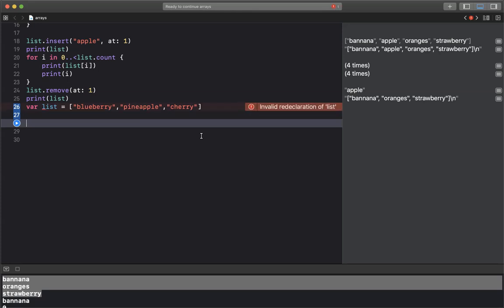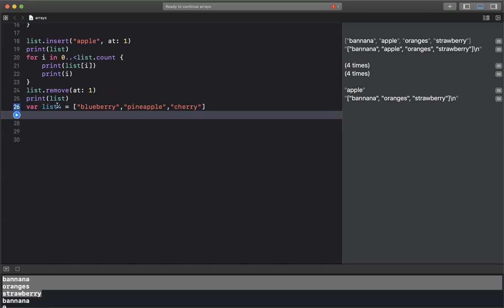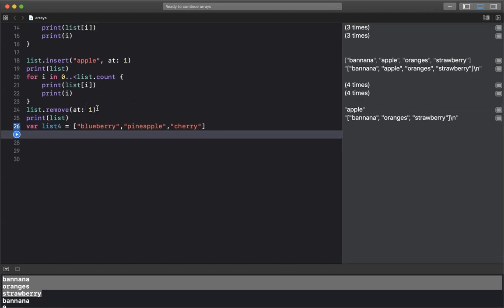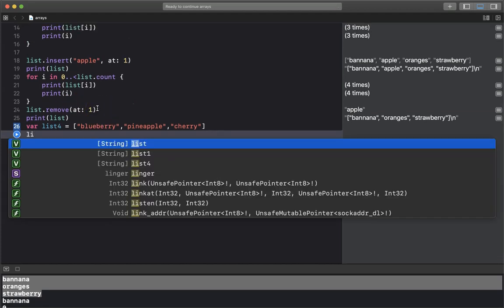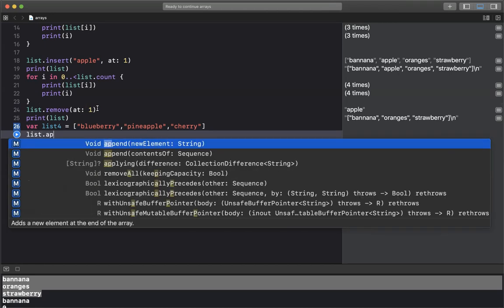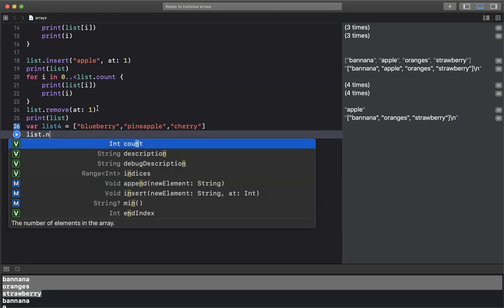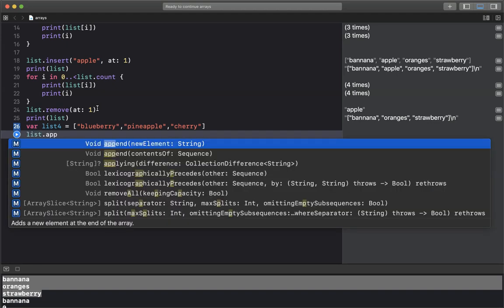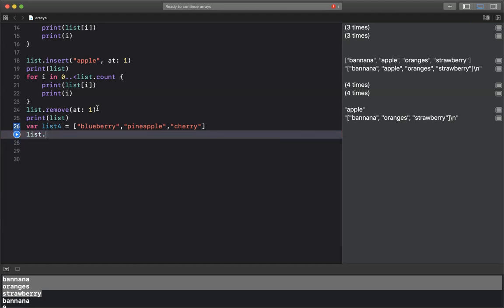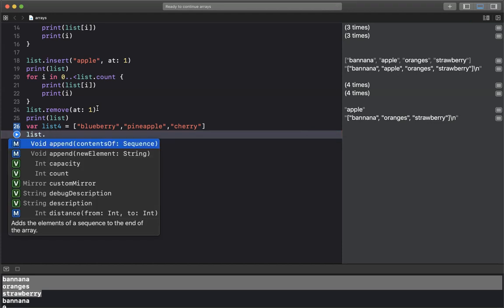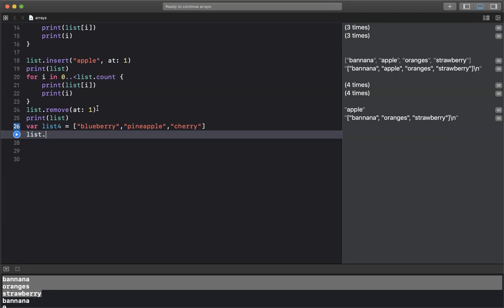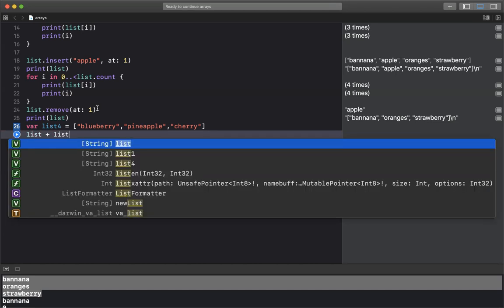So I have my list, and I will combine list 2 with list 2. So what I do is I say list dot append a new list, right? So I can actually just say we're appending a new element. So you can append a new element, or we can actually put those two together. What you do is list plus list 4,